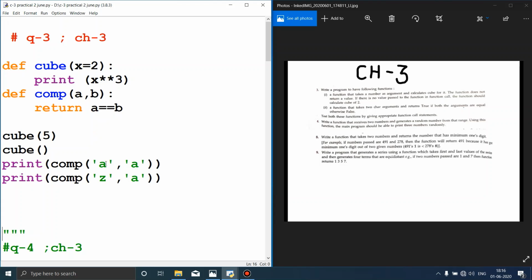Whatever string you enter will be of green color, whether it's a single line string, double line, or triple line string. A triple line string can also be used as a comment, so that can be used somewhere if required. So this function also we have made.